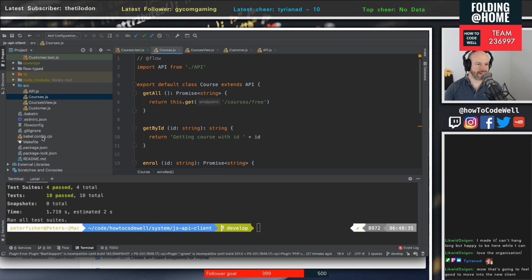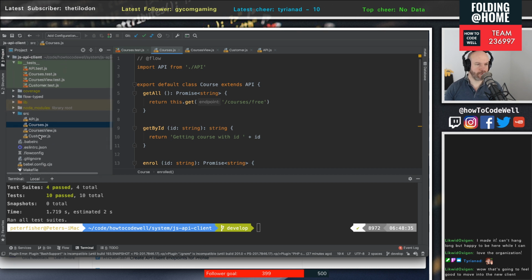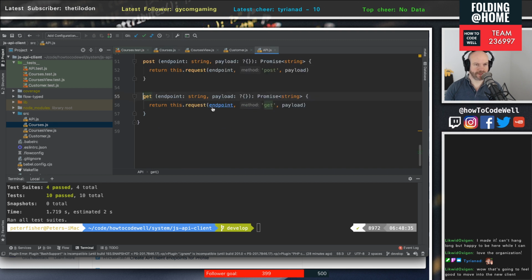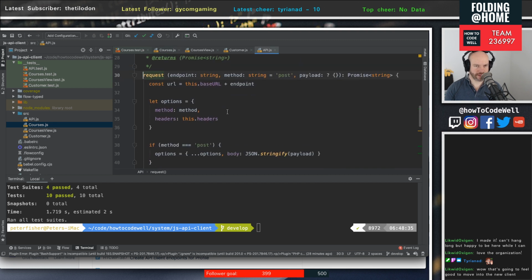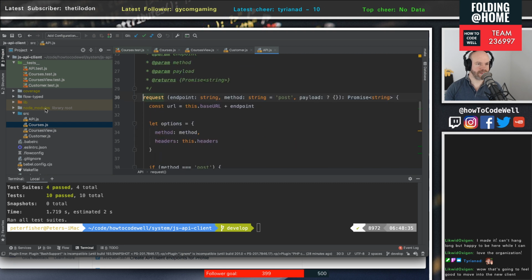Yeah, like I said, I've got this set up with things like Nock for the testing, so for the mocking of the APIs. So again, I'll just go through that. So let's do get on this one. So this was going to do request. So this will make the request to this, and if we go to